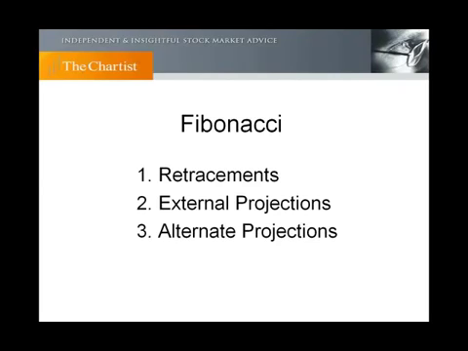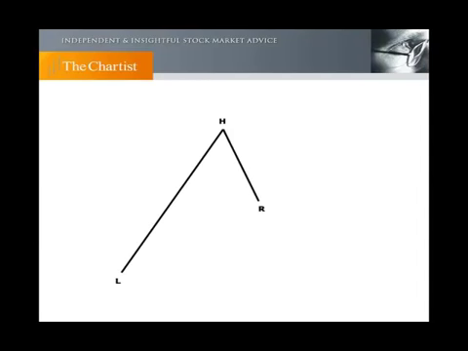At the Chartist, we only ever use 3 retracements. The retracements we use are a 38.2%, a 50%, and a 61.8%. That is it. We don't use anything more. A retracement is where we have an impulsive move, and then we have a retracement back against that move of some degree. Usually in the wave 2 position, that degree of retracement will be quite deep, usually 50% to 61.8%. In a wave 4 position, it will be a lot more shallow because a lot more people are comfortable with the trend. They do not allow it to dip as far, and usually in the wave 4 position, the retracement will be 38.2%